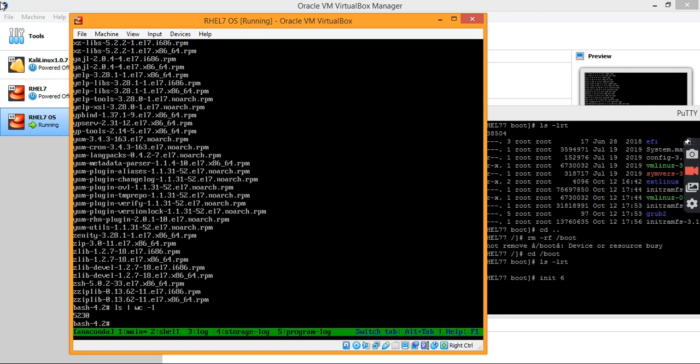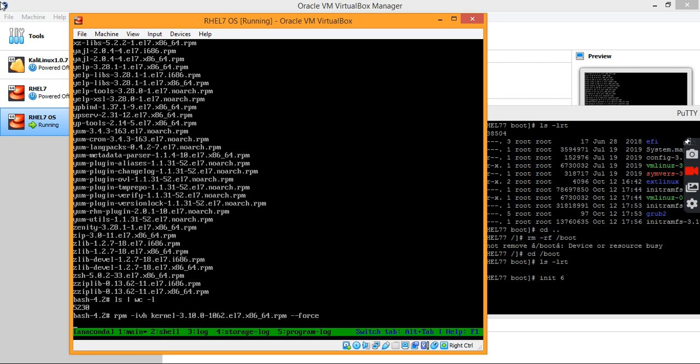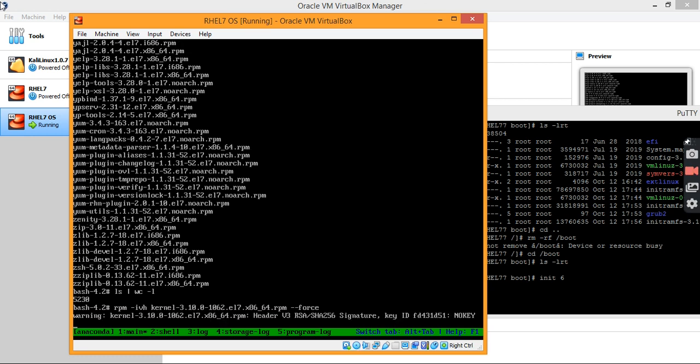The very first required package is the kernel. We have to run this command with the force option. Now it is installing the kernel into this operating system.